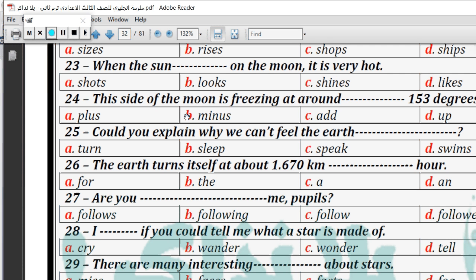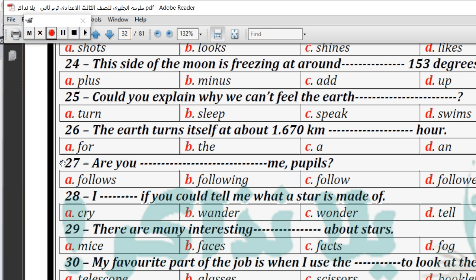Number 25. Could you explain why we can't feel the earth turn, sleep, speak, or swim? Turn. Number 26. The earth turns itself at about 1670 kilometers an hour. Number 27. Are you space me, pupils? Are you following, follow, or followed? Excellent. Are you following me?